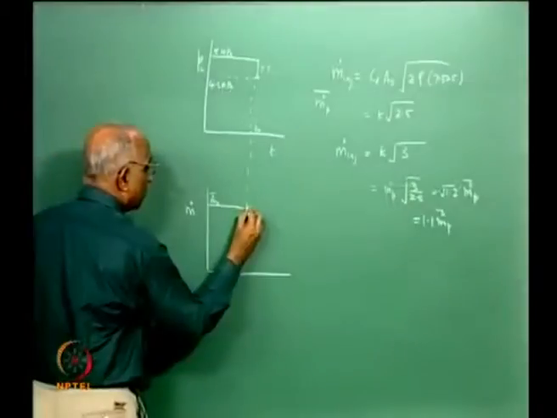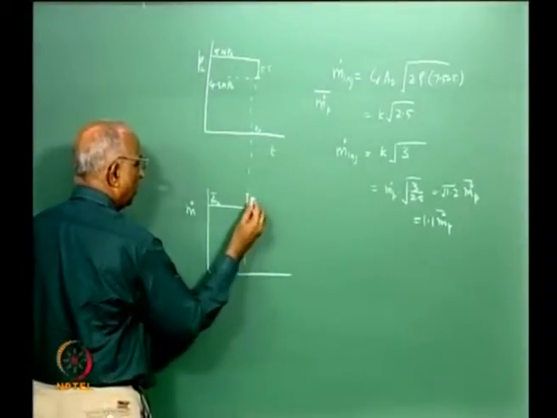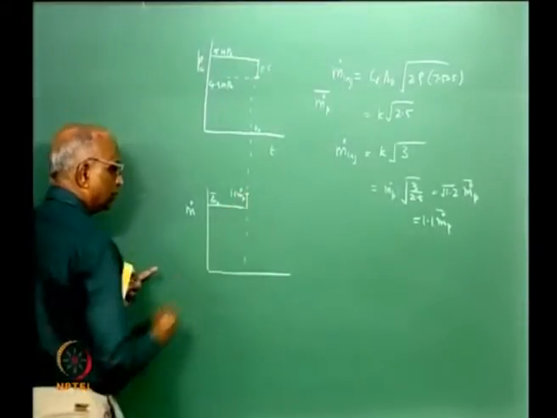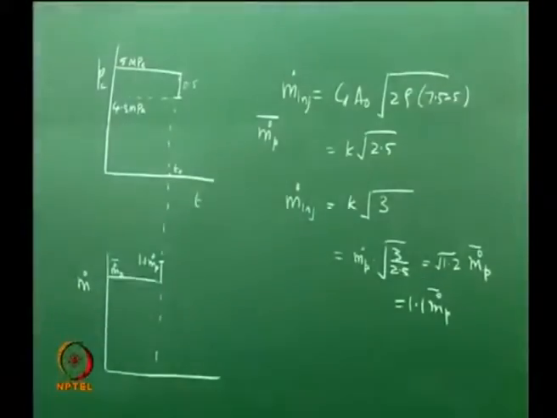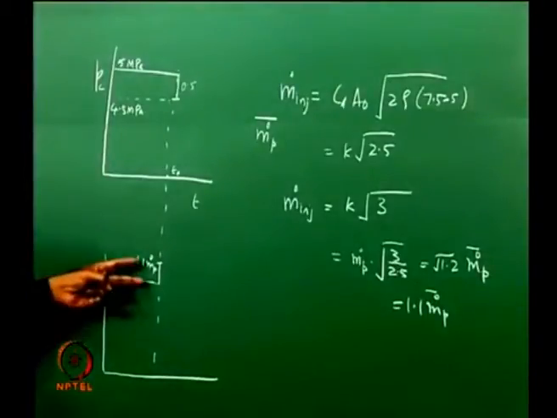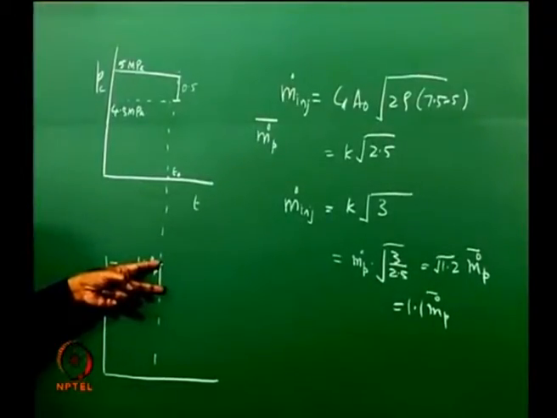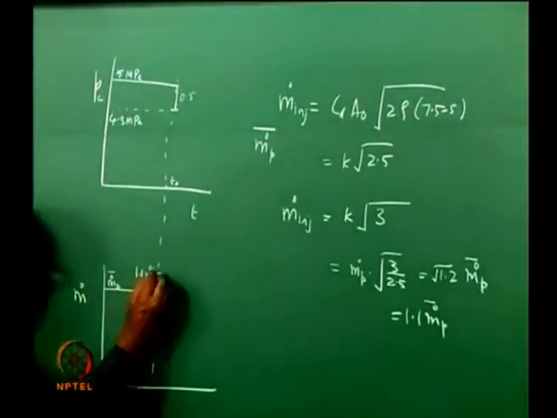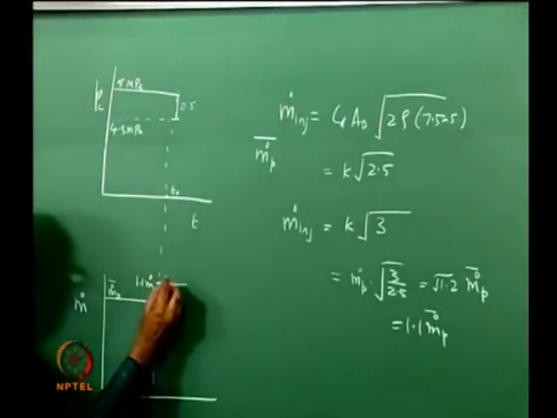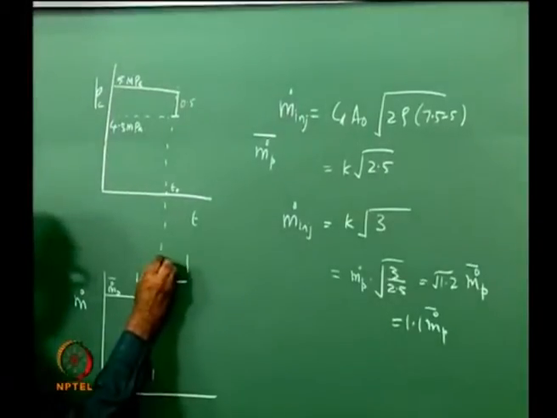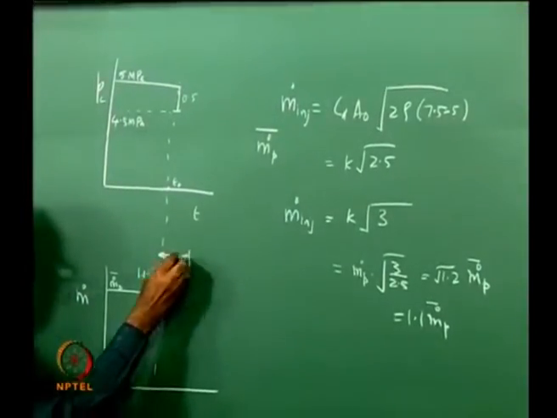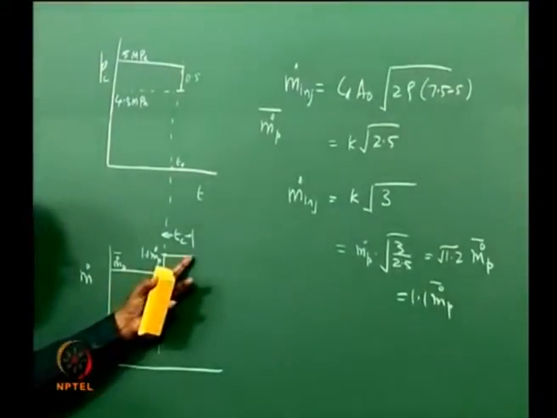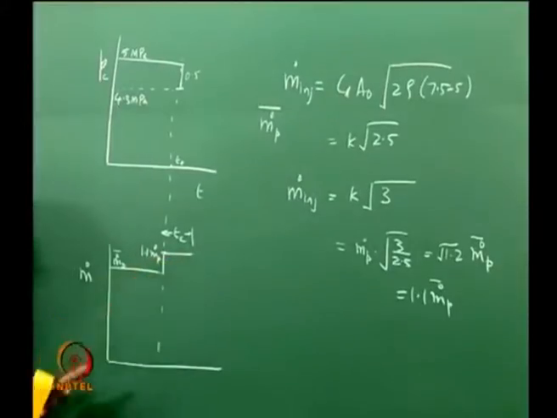That means all of a sudden I am injecting a little more, which is now 1.1 times m dot p over here. See, the pressure has fallen, because of that the quantity which is injected has now gone up by 1.1 times. It takes a certain delay, let me enlarge it, say it takes Tc time to evaporate, mix and burn together,